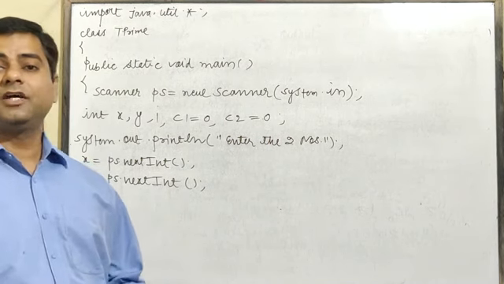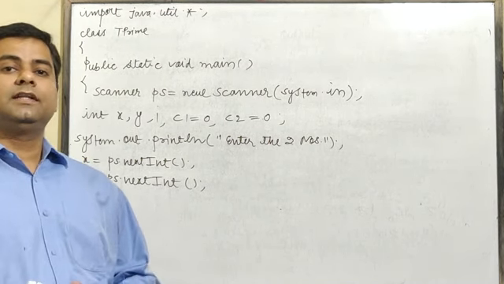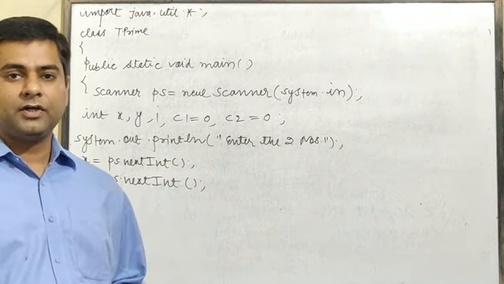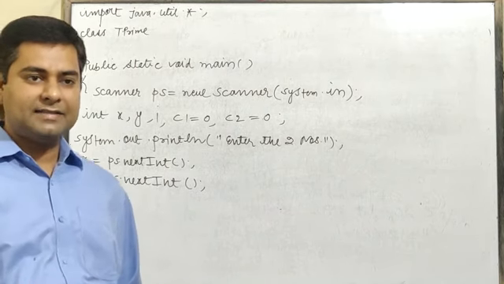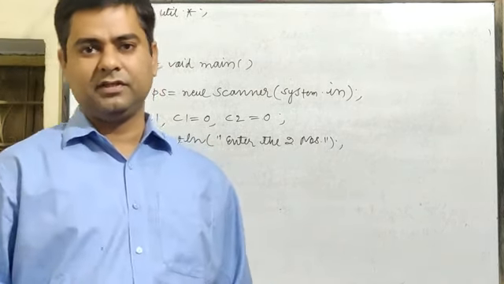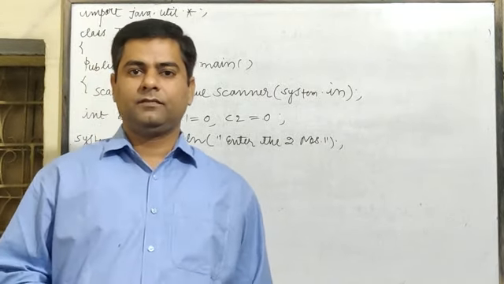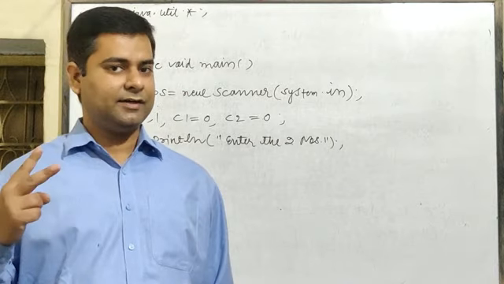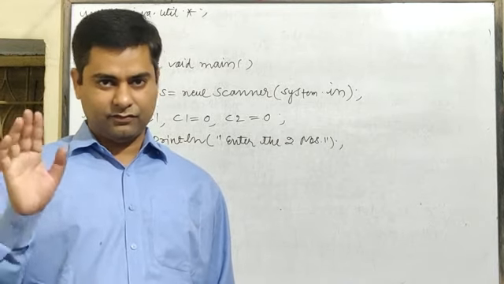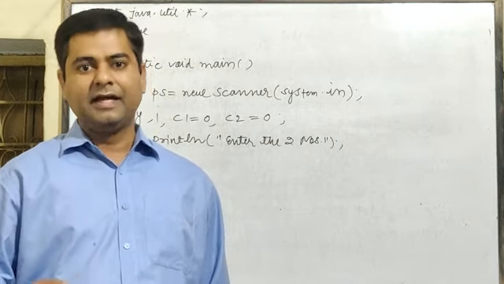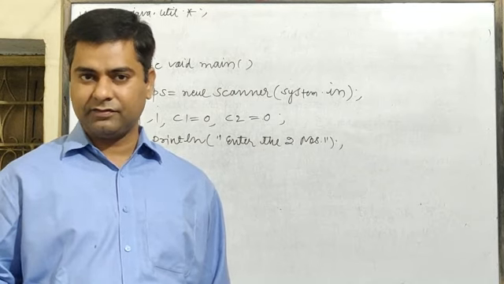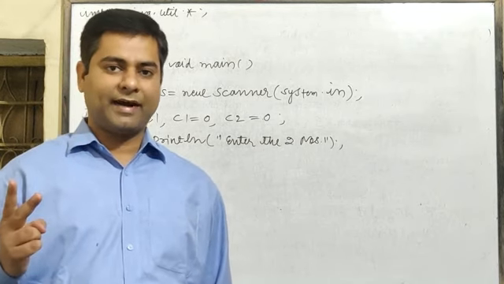Last time I explained the concept of a prime number. A prime number has exactly two factors. The first is 1 and the second is the number itself. So how many factors are there? Two factors. The first factor is 1 and the second factor is the number itself. So there will be two factors of a prime number.